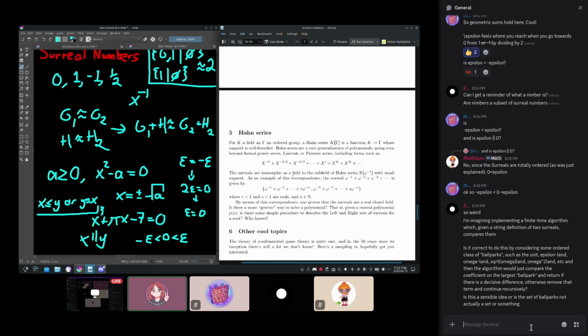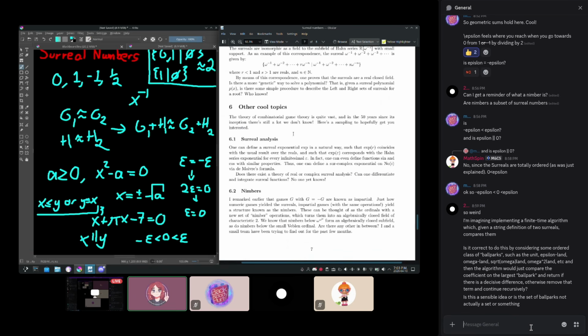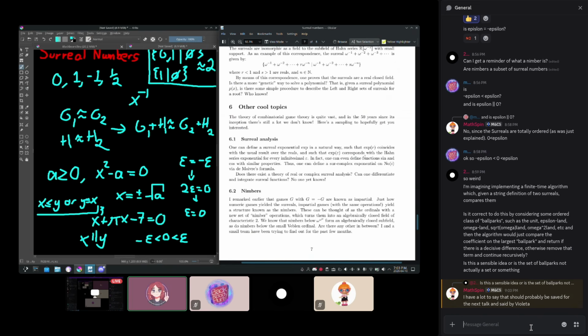It's kind of a shame that I don't get to talk about this for very long, but these are all pretty cool things that you can do with the surreals. There's a bunch of questions that we don't know about the surreals. We have an exponential map. You can have sines and cosines of surreal numbers. Wow, just a lot of stuff, and now I'm getting a bit sad that I don't get to mention it, so maybe I should just stop here.